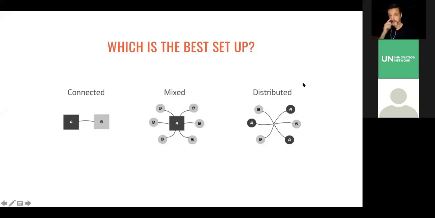Okay, so I'm gonna start with the worst setup. The worst setup is mixed. And I think you've all been in this situation, where you've got a room of people and then you're dialing in and the people in the room can easily have a back and forth conversation. Their communication is pretty seamless, right? And then you're trying to get into that conversation and it's very difficult because you're not in the room. You may not be following. Someone in the room gets up and writes something on the whiteboard and none of the people who are dialed in can see what was written, right? That is the worst setup because it puts people on very, very different footing as participants in an online workshop